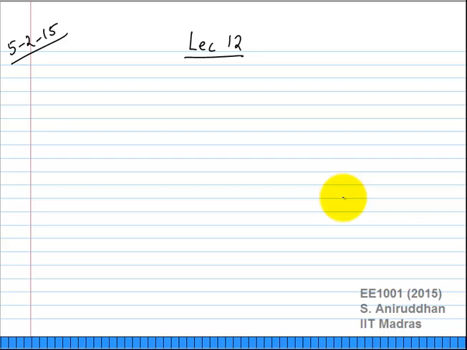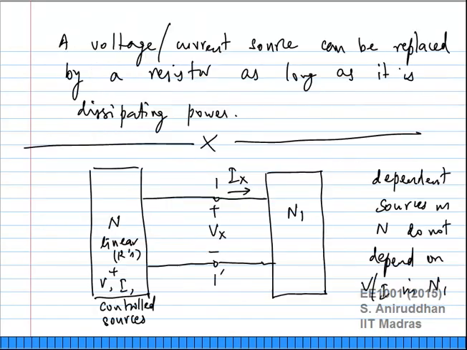Okay, so in yesterday's class we learned two really important theorems which were actually proved using the substitution theorem. The first of these, what we wanted to do was, let us say we have two networks,